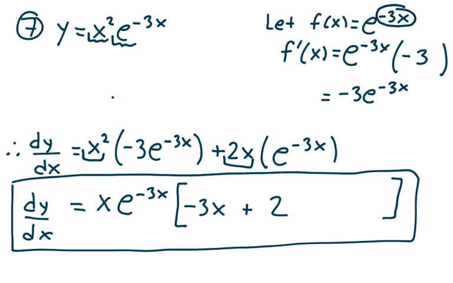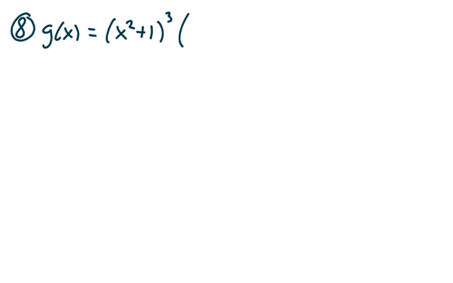And this is an example of combining the product rule and the chain rule all in one. And let's take a look at example 8. Suppose I'm given the following. Suppose g of x is equal to (x squared plus 1) to the third times (x squared plus 2)